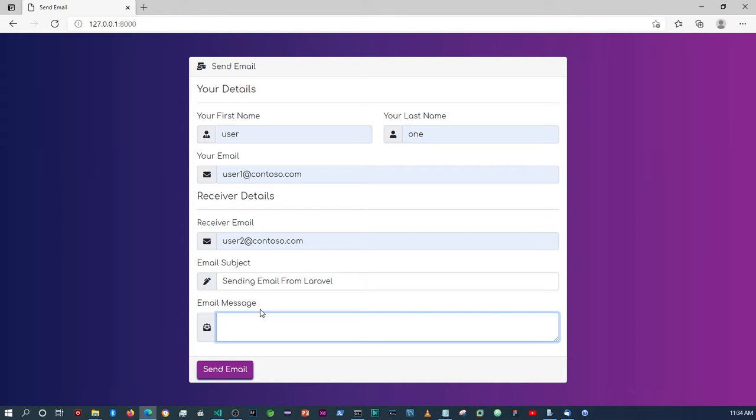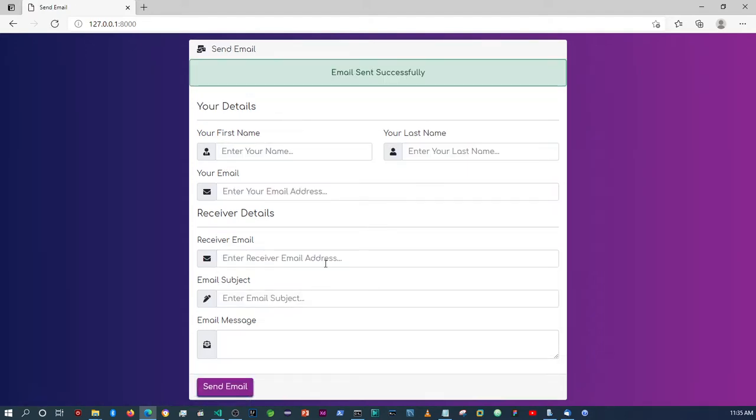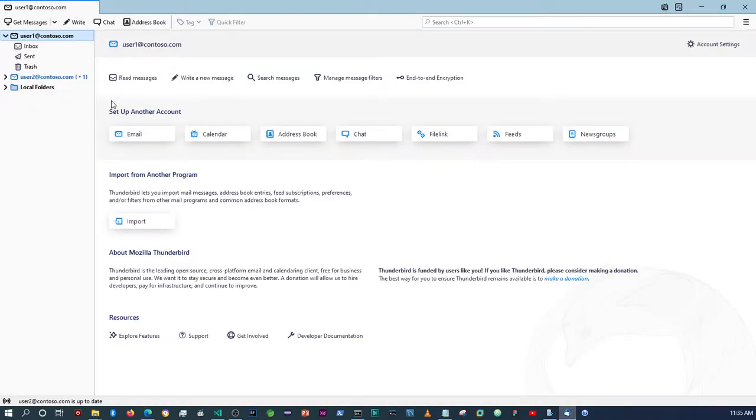All right, and then I'll just say this is a test mail sending to user two. So if I click here now, it's then going to send an email to that user number two that we just sent to. So if you go back to Thunderbird,